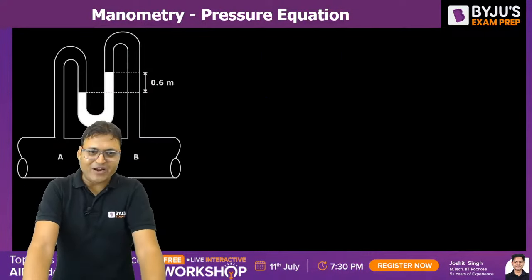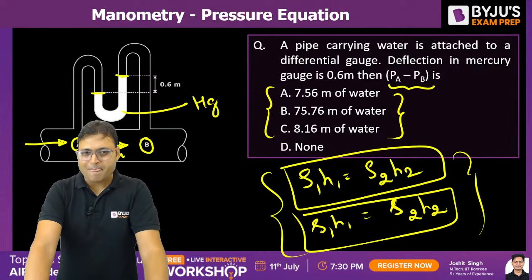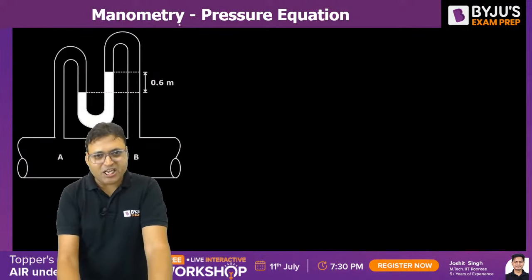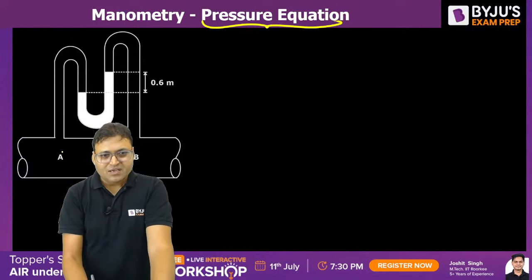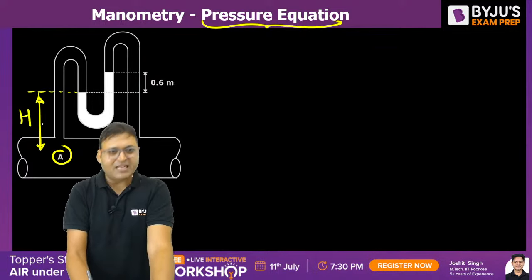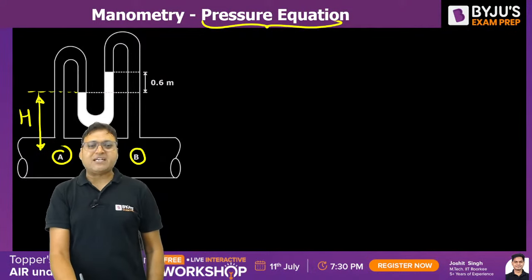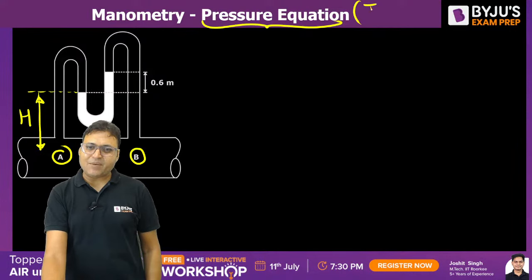Yes, I am waiting for your answer. We need to find out the pressure difference between A and B. Shall I write the pressure equation? Let us start with point A and let me assume this height to be h. So if we want to find out the pressure difference between A and B, we will write the pressure equation